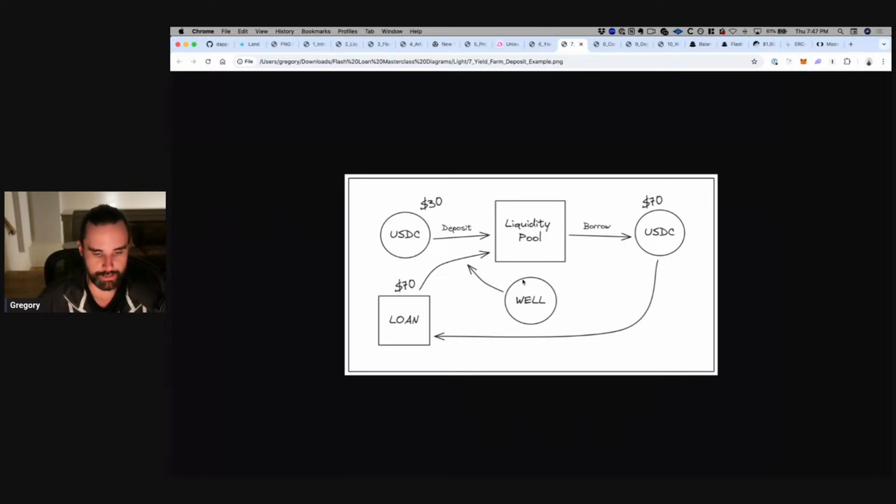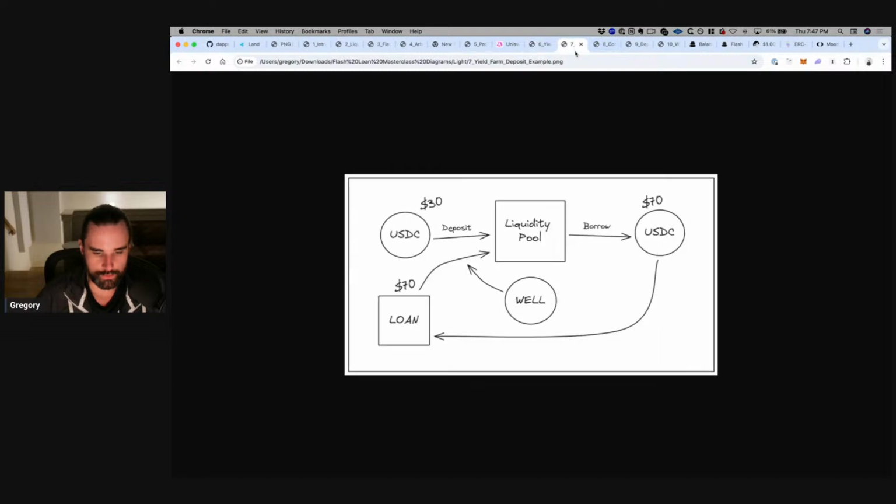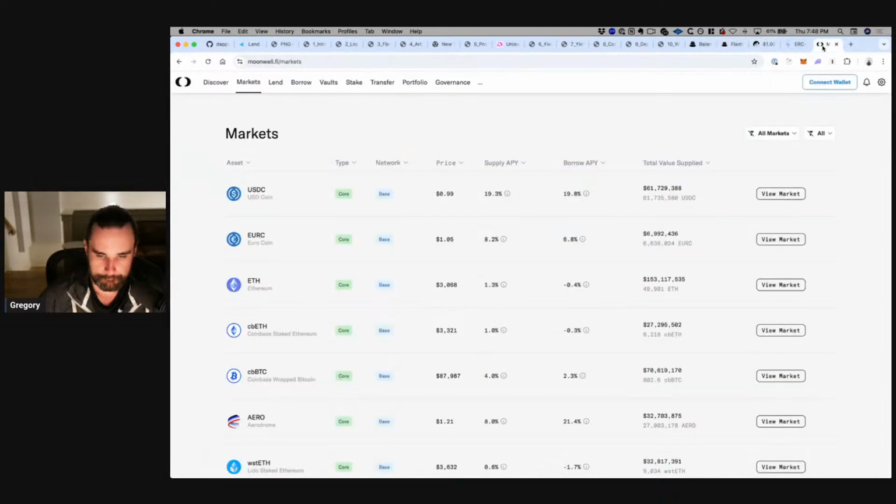And you're earning that interest based on this WELL token that's spit out from this liquidity pool. So that's huge, right? Now instead of earning interest on 30, you're earning interest on 100, and you're getting it paid back in that WELL token. There's interest for supplying and there's interest for borrowing, but these interest rates are canceling each other out, and you're able to just boost your WELL rewards based upon what's available there. So that's what we're going to do. We're going to take out flash loans to increase our exposure.